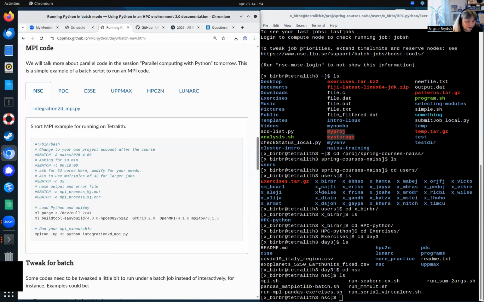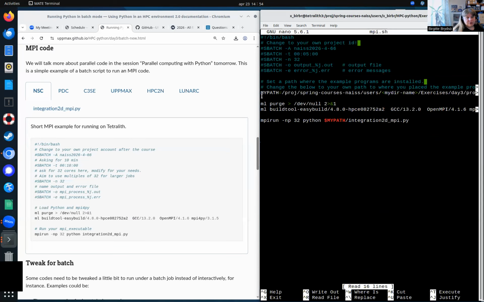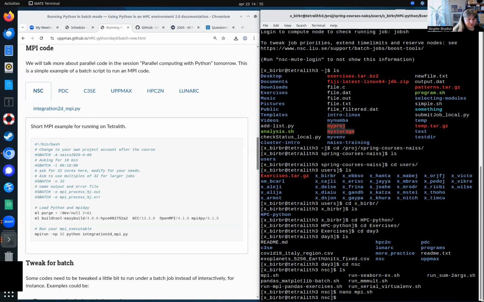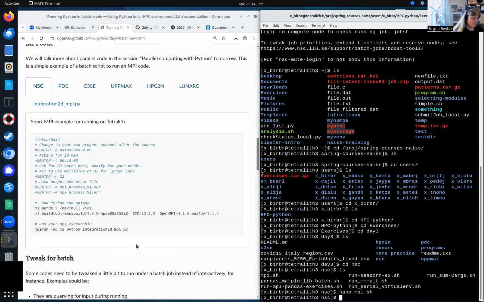They are in the exercises directory. You need to make the same changes you did yesterday for examples. So let's see that one. You would go into my path and change this my dear name to whatever you call it. And other than that, you can run it. I'm not going to talk about this otherwise today because Pedro has nice material about parallelism tomorrow. So,